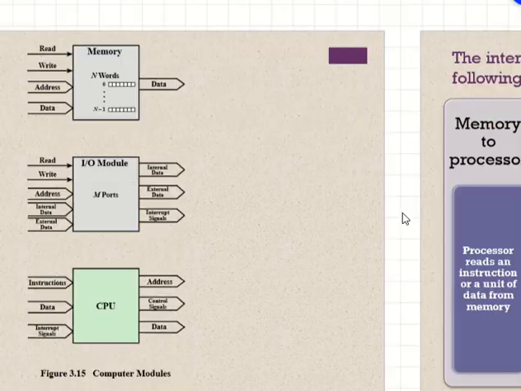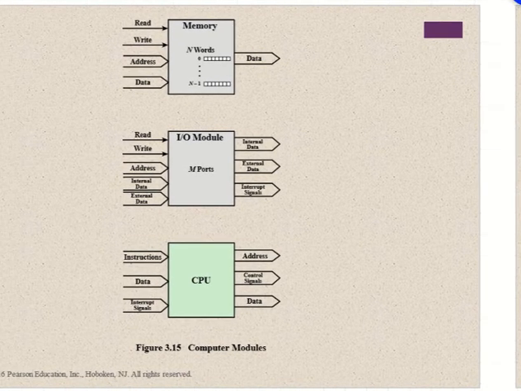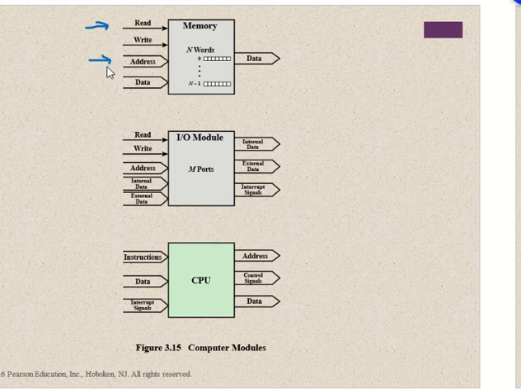So this is the idea of the modules: memory, I/O, CPU. I told you for the memory, the commands are read and write. When you are going to read from memory, I need the address. Am I right? For example, if the processor is reading data from memory, it issues the read signal, and of course it needs the address of the data in the memory, the location. After reading, the data is sent out. This is for reading.